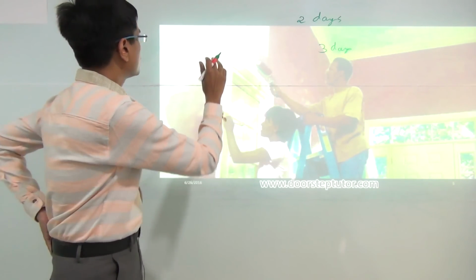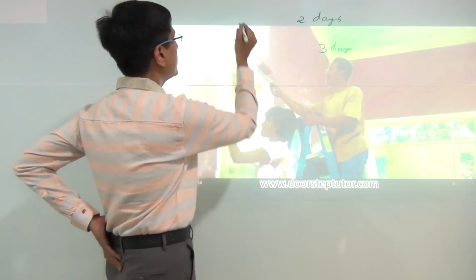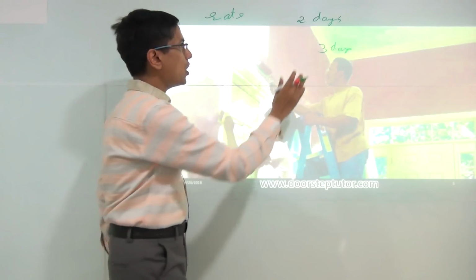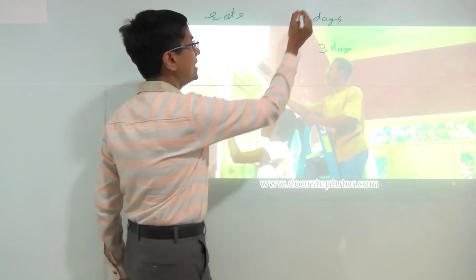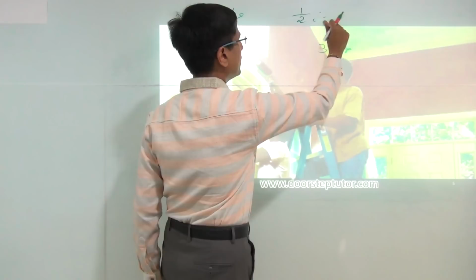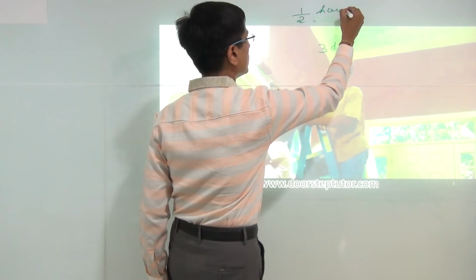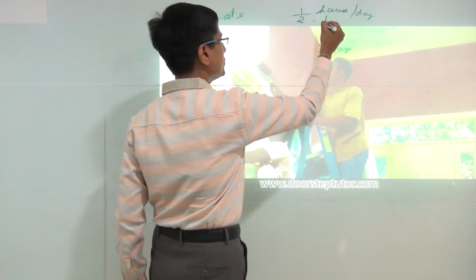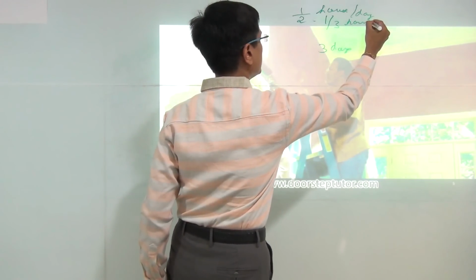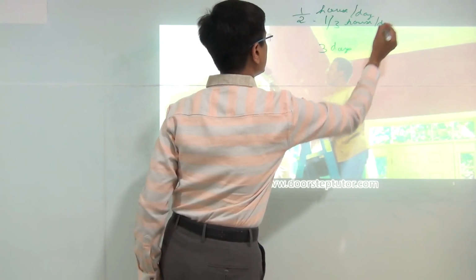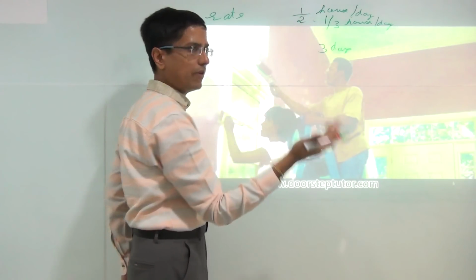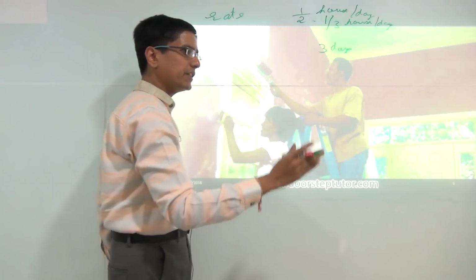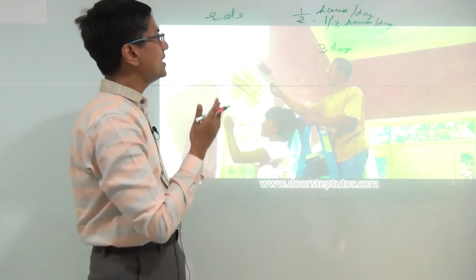Think about it. What we can add when people are working together is rate, right? The rate of work we can add. So how much work is this person doing in 1 day? This person is doing half a house in 1 day. And how much work is this person doing in 1 day? This person is doing 1/3 house in 1 day. Obviously that is the case, because half plus half is 1, so the work would be completed in 2 days by this person, and 1/3 plus 1/3 plus 1/3, so this person can complete the job in 3 days.